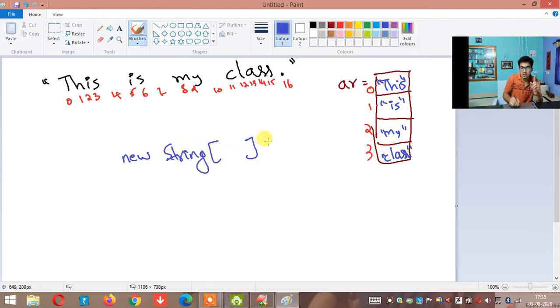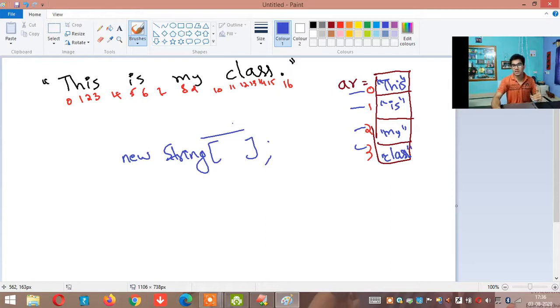Now the question, how many data do you want to store? I want to store 4 data. Agree or not? And see, this is compulsory. You must write how much data you have to store. That is why if you want to create an array, you should know what size array you are creating, or else you can't create an array. Is the point clear? This is the demerit of the array.